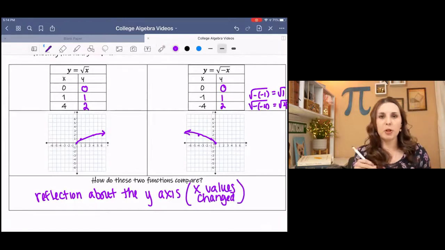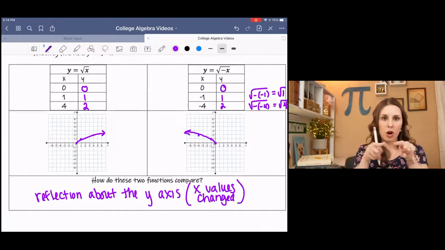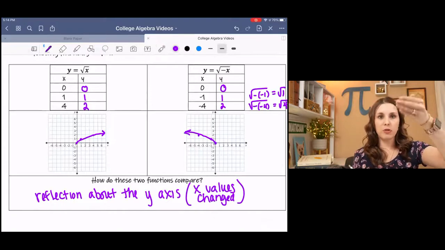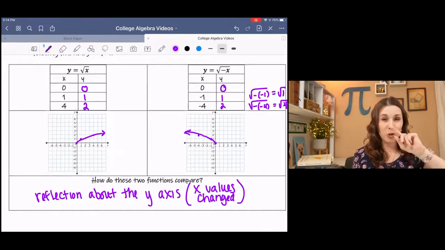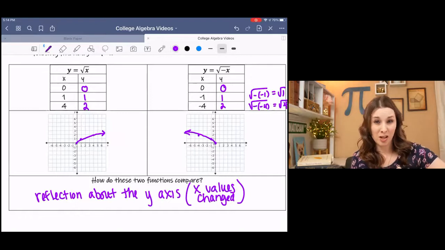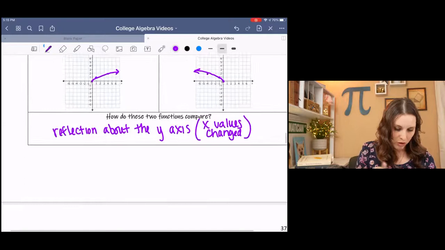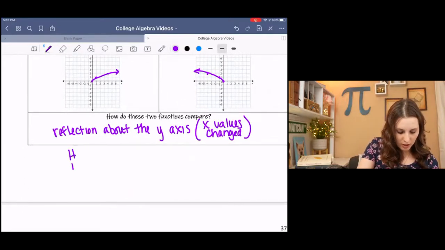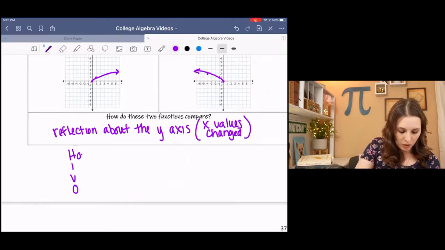For it to be flipped over that y-axis, that would indicate that it would be a horizontal change because those x values got flipped. And then if it's flipped over the x-axis, that would indicate that the vertical values are changing, which kind of goes along with the memory device that I used last time. I didn't write that on these notes, but I do want to bring it back in because I think it still applies. We use the memory device HIVO, where horizontal